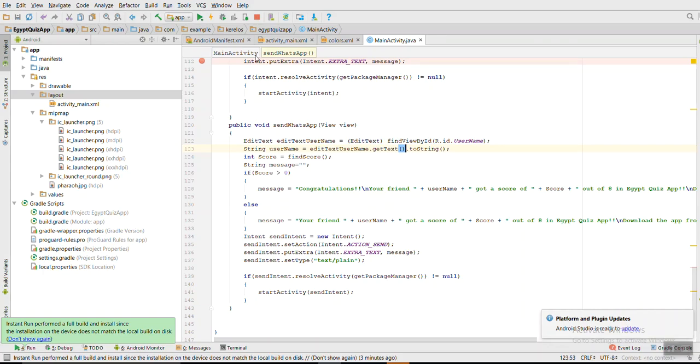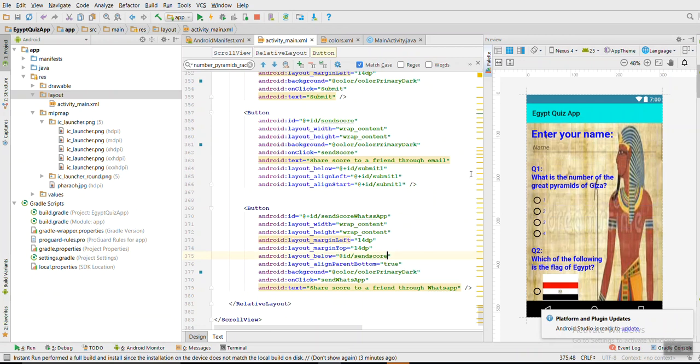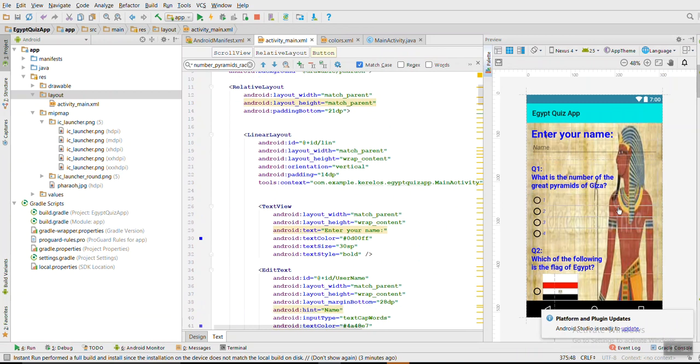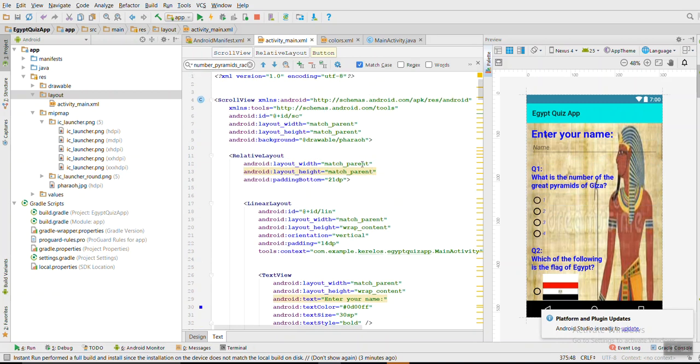Let's now talk about the code. Here is the activity main of the layout. I used a relative layout and also a linear layout for the questions. I also added here a scroll view. The purpose of the scroll view is